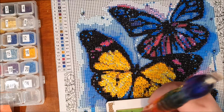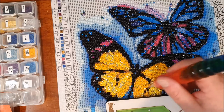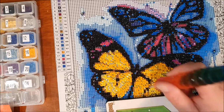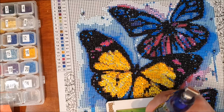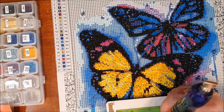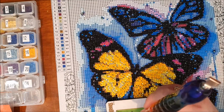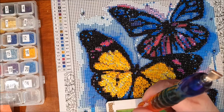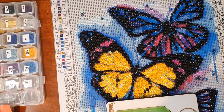It's going to frame kind of each side of the yellow, each part of the wing. So that's going to work there. Let's just finish that one there. And